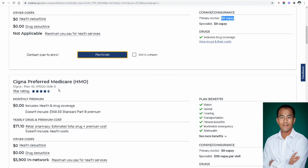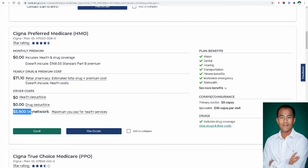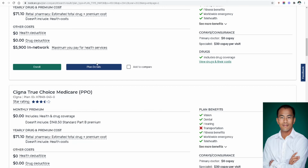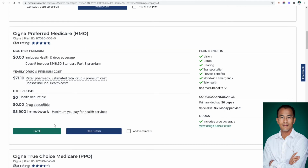Alright, and so we go back to here and you can see the next one. Obviously this has been in the marketplace, but it looks like there is some yearly drug costs in there, and there is, look, other out-of-pocket max you have to pay for in service. So if you're in chronic condition or have disabilities in Medicare Medicaid, you typically don't want any in-network or out-of-network max out-of-pocket. So if you happen to like transportation benefit and dental benefit, but you're not worried about the $5,900 in-network, that's something that I would